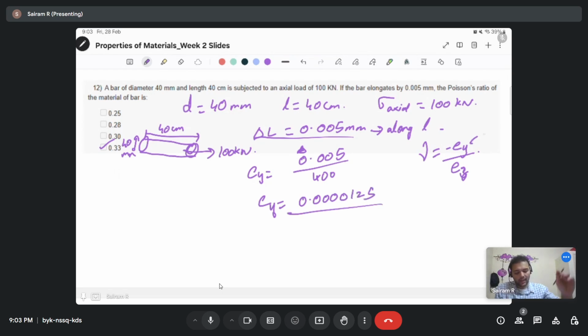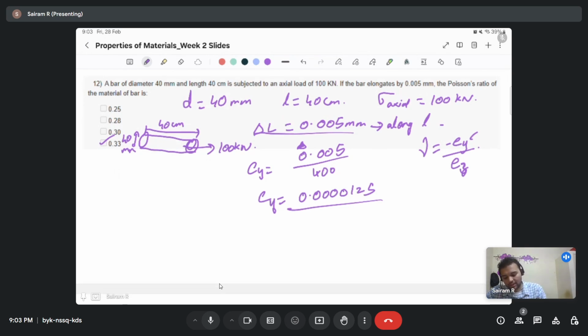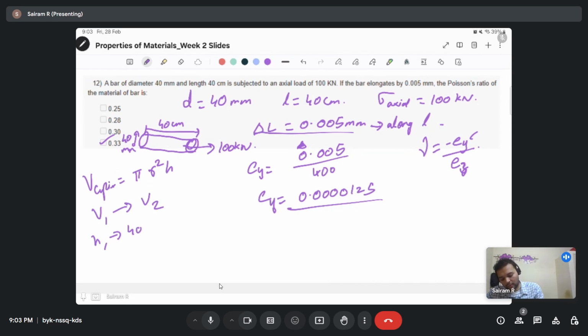Okay, this is EY. There is going to be a shrinkage along its diameter as well, and not just elongation. But in order to do that, we'll have to do a conservation of volume. Volume should be conserved, which means volume of cylinder is pi r square h. We know that the h has changed from L1 to L2. L1 has gone from 40 centimeter to L2 is